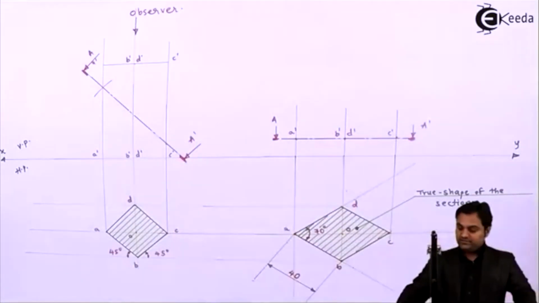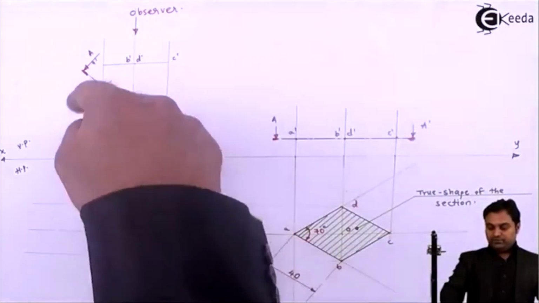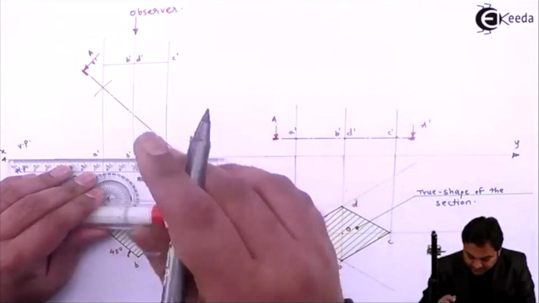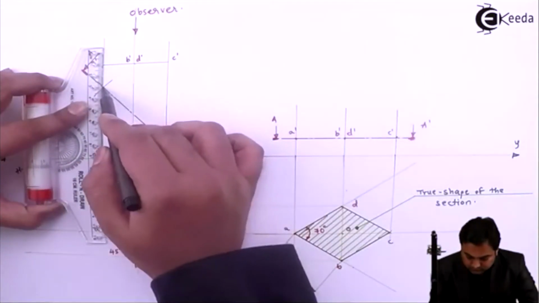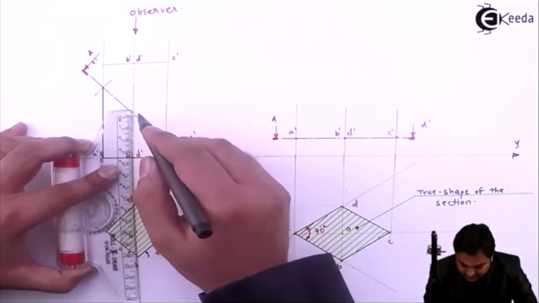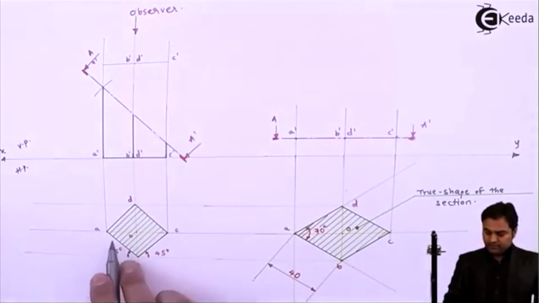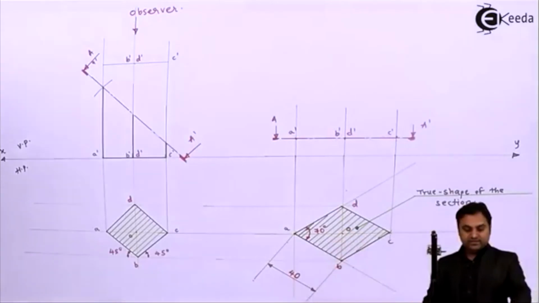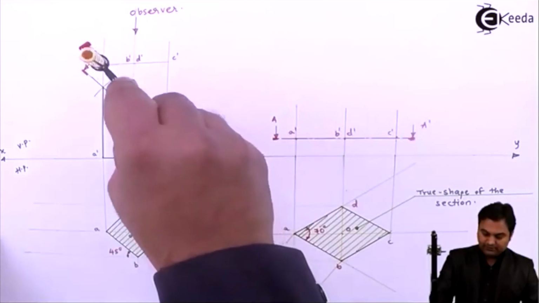Next, when we are looking as an observer from the top, then we are going to see the cut section. It means whatever portion is there in front of us, that should be removed, and whatever is there behind, that should be retained, because that will give us the cut shape. Edges B and D are together, and they are dark edges because point B is here. AB and BC are on opposite planes, so there will be dark line in between them representing the change of plane.